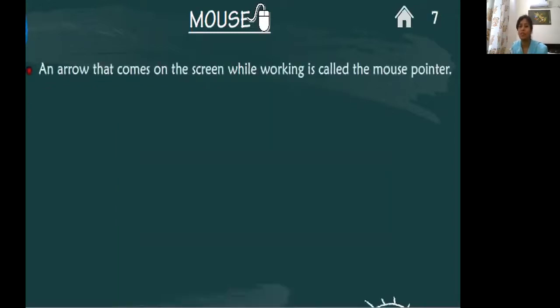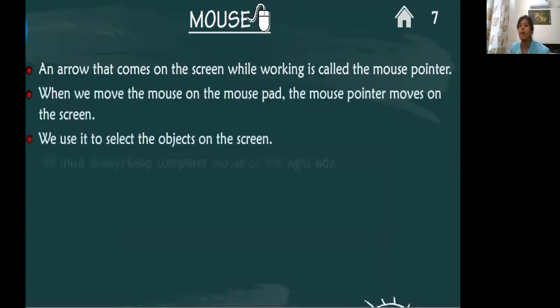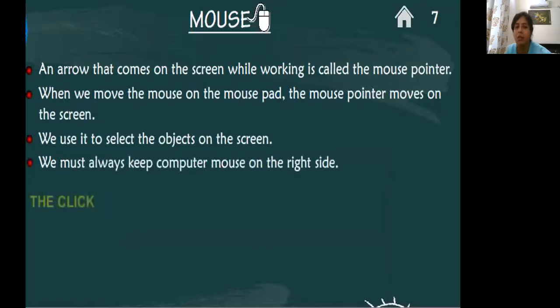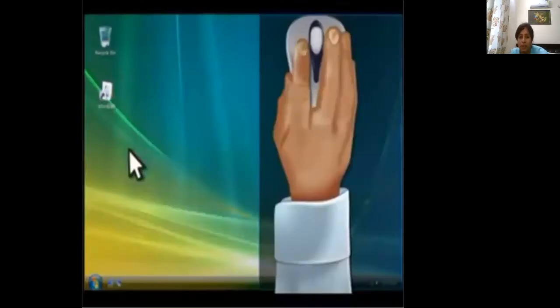Let's see what's next. An arrow that comes on the screen while working is called a mouse pointer. When we move the mouse on the mouse pad, the mouse pointer also moves on the screen. Children, you can see on the screen how you should hold your hands on this particular mouse, and on the left side you can see there's a computer screen.